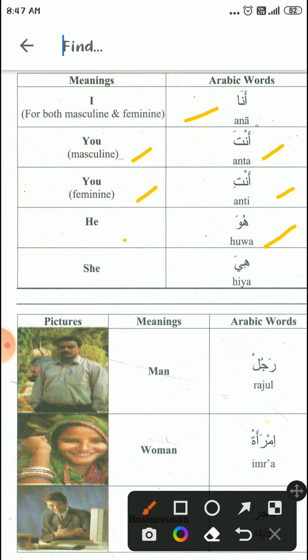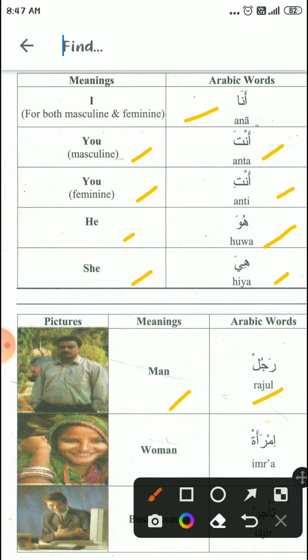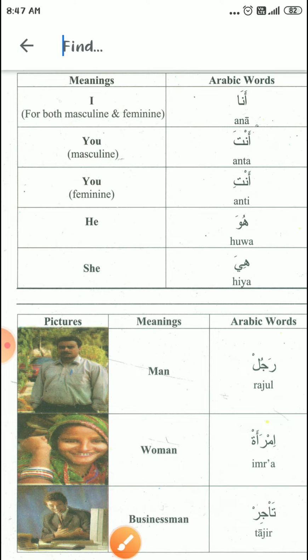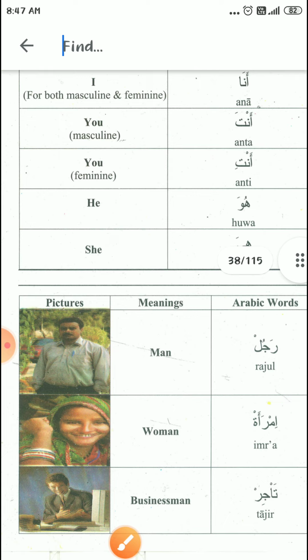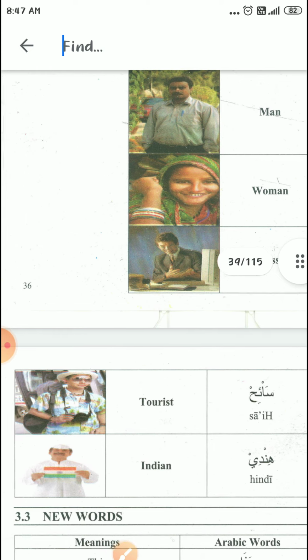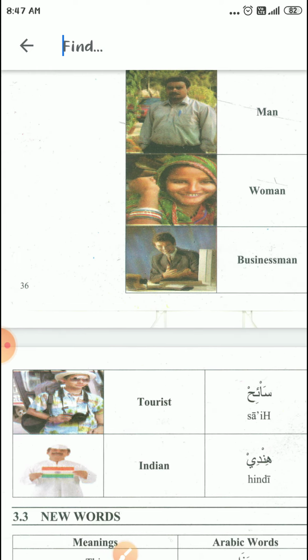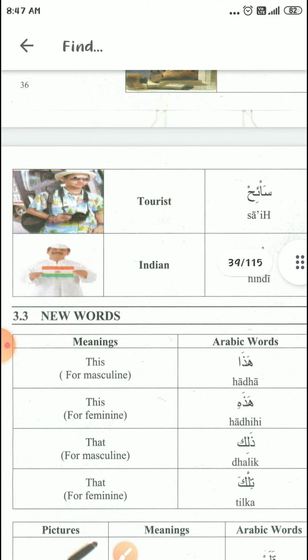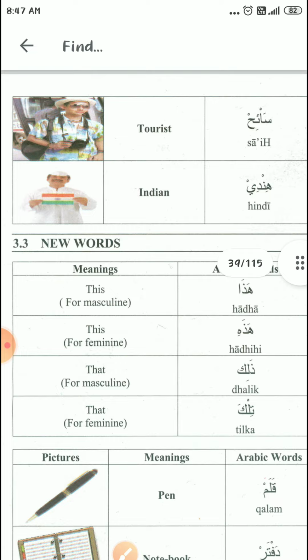Huwa means he. Hiya means she. Rajul means man. Imra'a means woman. Tajir means businessman. Sa'ih, tourist. Hindi, Indian. These were the previous lesson's words, and new words are